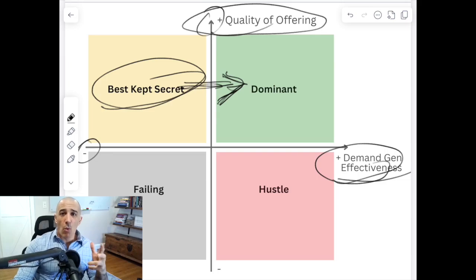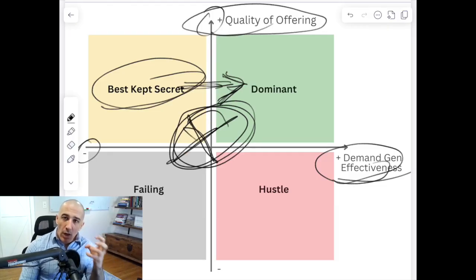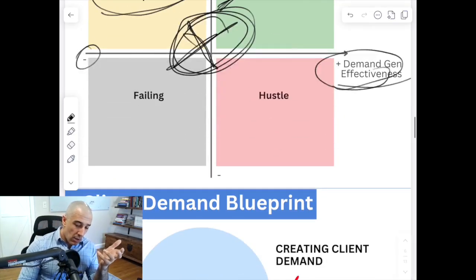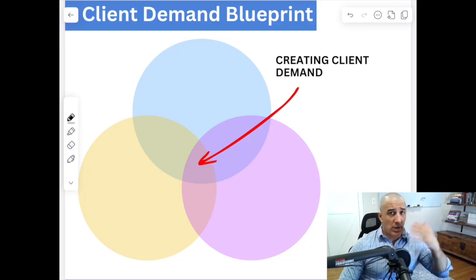And that requires that we have a way to get in front of those key buyers. And usually it's a singular strategy that can get us one kind of central hub that gets in front of those senior level folks. And in Greg's case, getting in front of those senior leaders of SaaS firms to consistently generate high quality opportunities. And so here's what we actually did, and this is what we do over and over again: leveraging the client demand blueprint. And so the client demand blueprint, as it pertains to boutique consulting firms, SaaS organizations, tech companies,